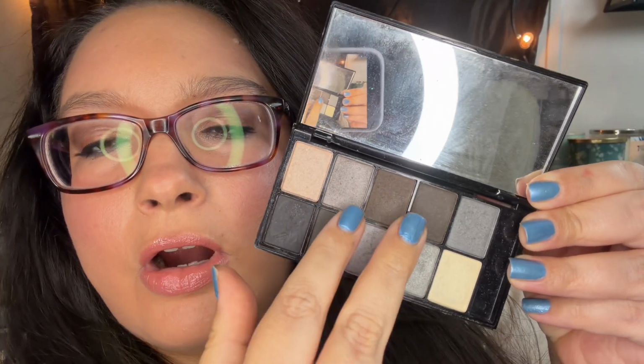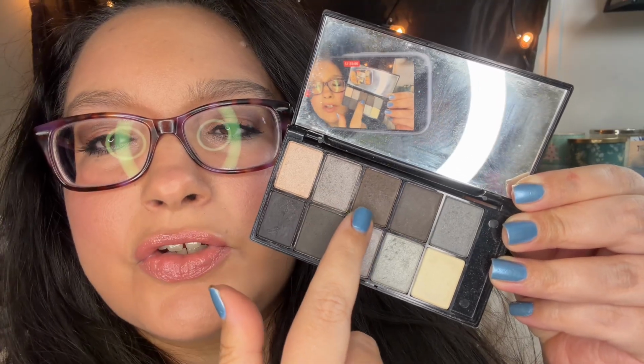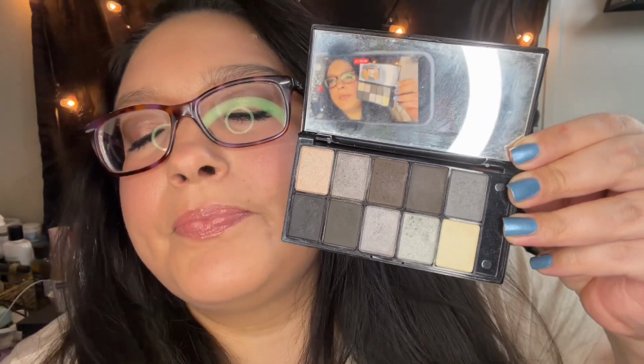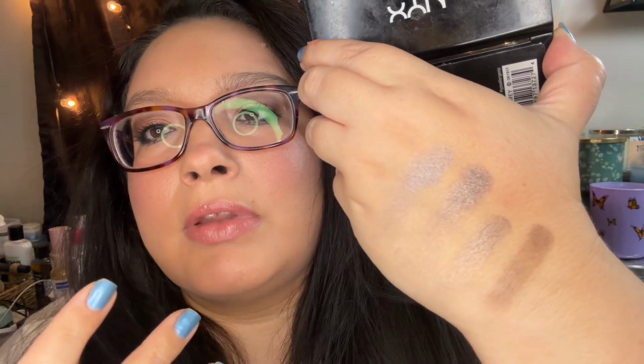Overall, my favorite shade in this palette, it's actually kind of a hard one. I think honestly these two shades here are my favorite. This taupe color and then this shimmery brown color. I feel like these shades right here are perfect if I want something more neutral and not as smoky,